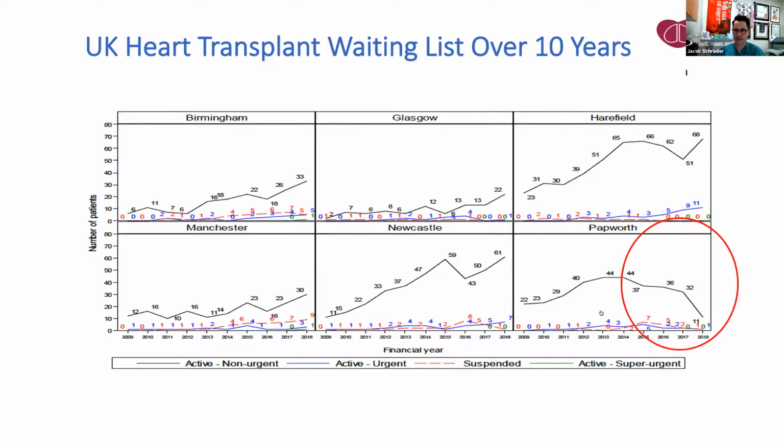has really plummeted. And again, that is exactly what we've seen here, as opposed to having a list that sometimes has as many as 20 people who are actively listed, whom we could transplant at any moment. There was a point last year where we had actually 2 people that we could transplant that were actively listed.